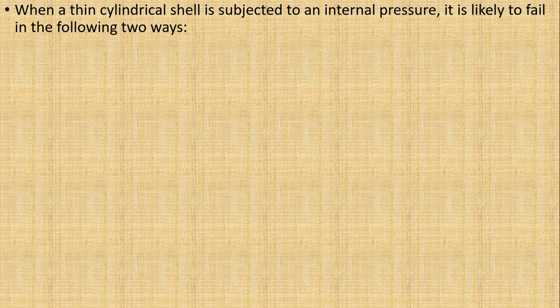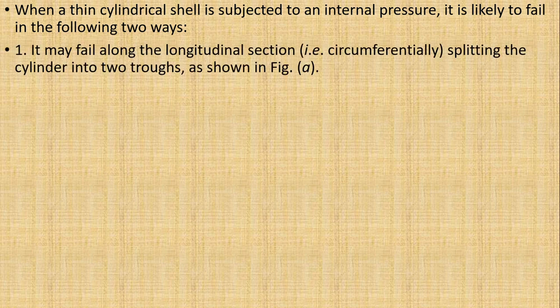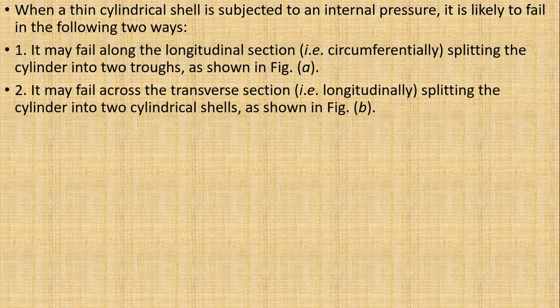When a thin cylindrical shell is subjected to an internal pressure, it is likely to fail in the following two ways. First, it may fail along the longitudinal section, for example circumferentially splitting the cylinder into two troughs, as shown in figure A. Second, it may fail across the transverse section, for example longitudinally splitting the cylinder into two cylindrical shells, as shown